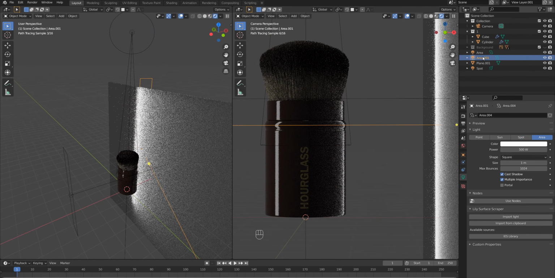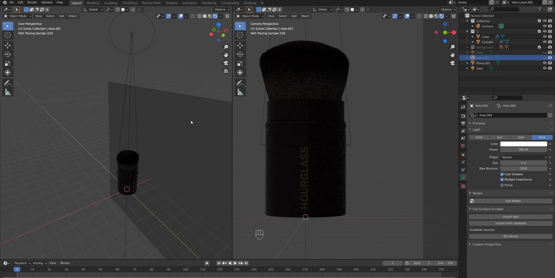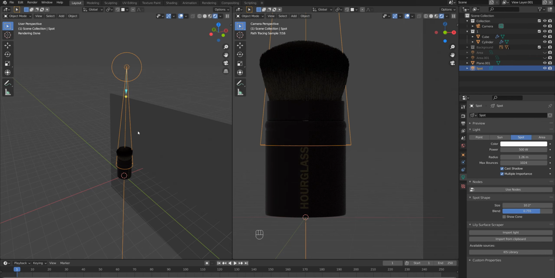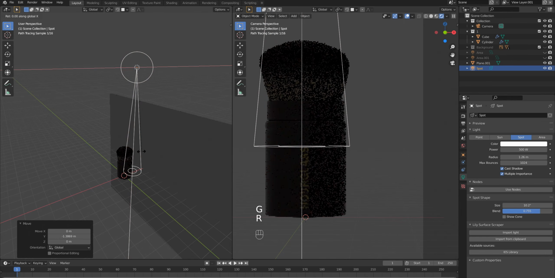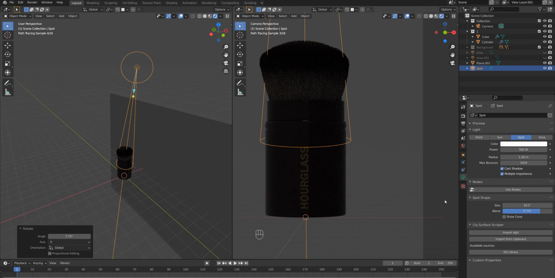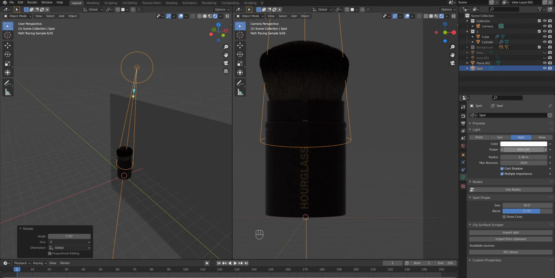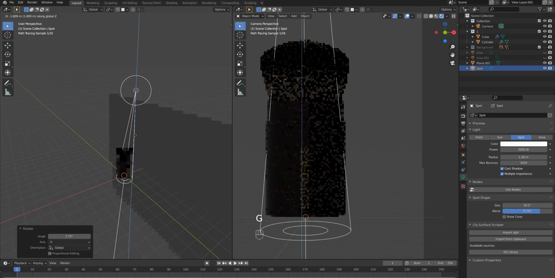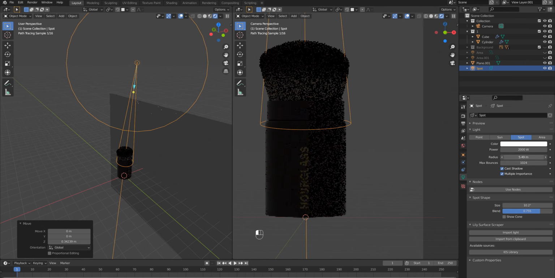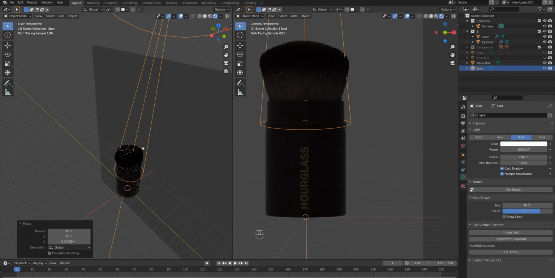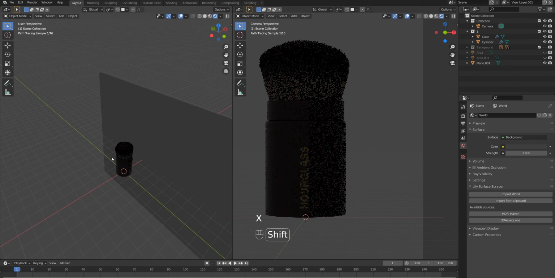So let me see. Let's turn off this light source for a while, so we'll better see what's going on. I don't see if this light affects our scene in any way, so maybe I have to increase power. Not sure why it's not really visible. Maybe I'm gonna move it lower. Not sure why it's not working, but anyway, let's just